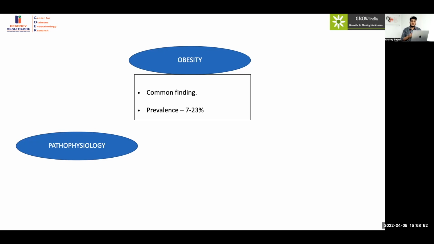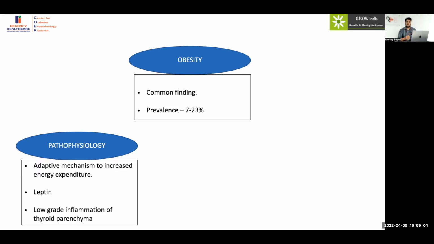And obesity, which is very common, is the most common cause of subclinical hypothyroidism we generally see in our routine practice. And the question basically arises whether we have to treat it or not. The prevalence is around 7 to 23%. And the basic pathophysiology, which is already discussed by Sir, is basically because of an adaptive mechanism, and leptin causes activation of the